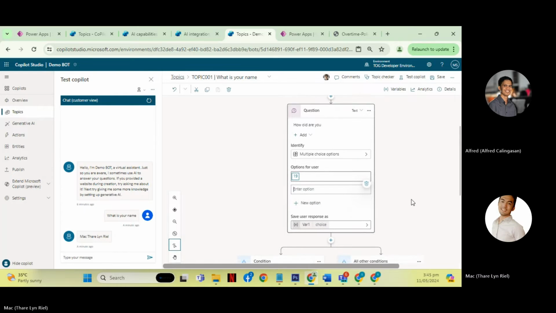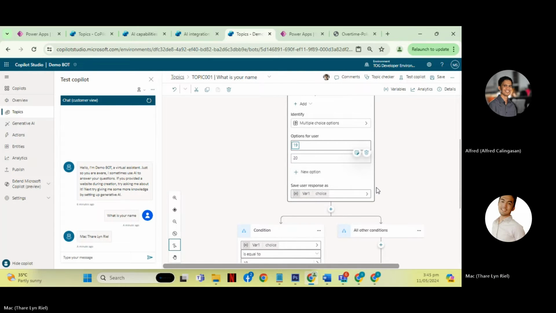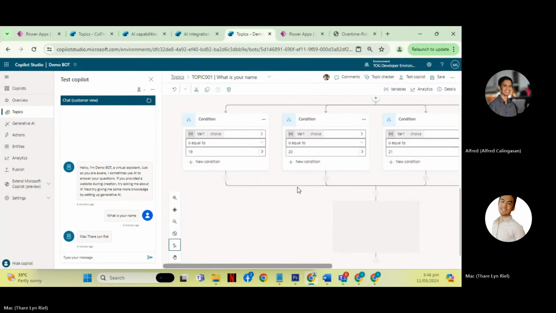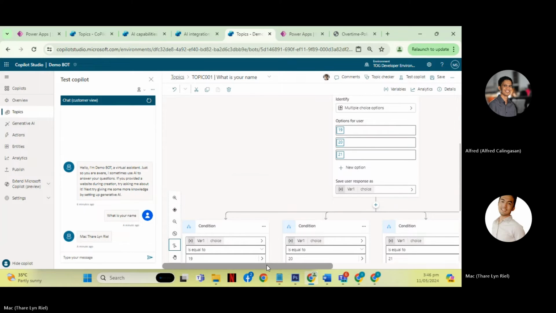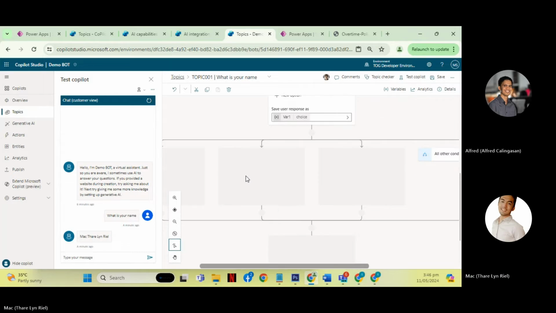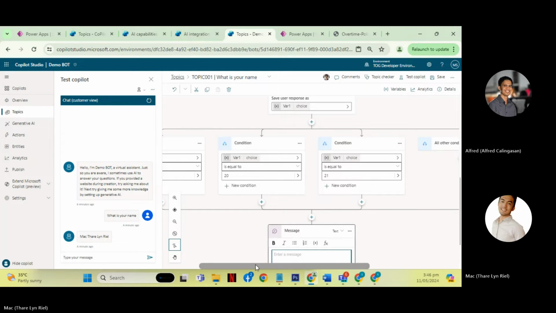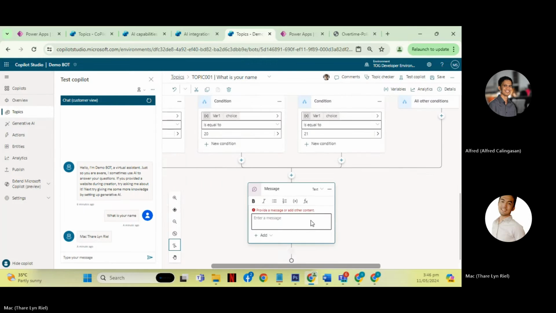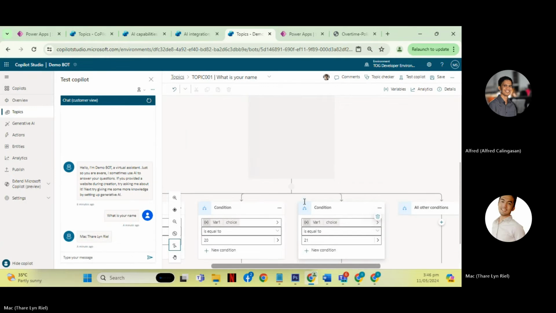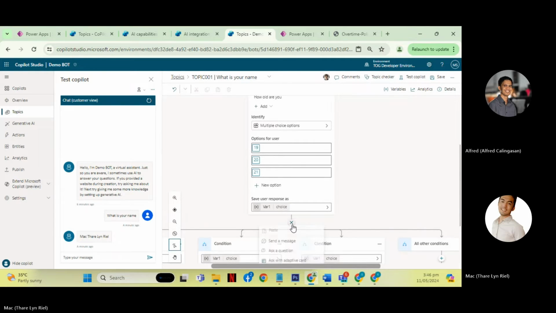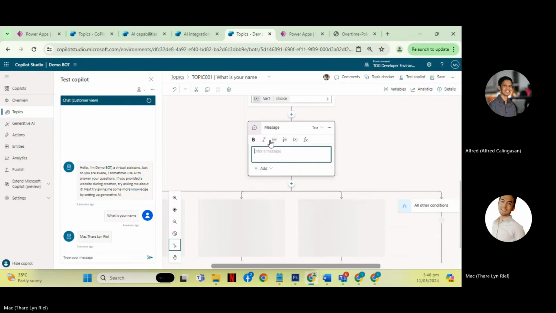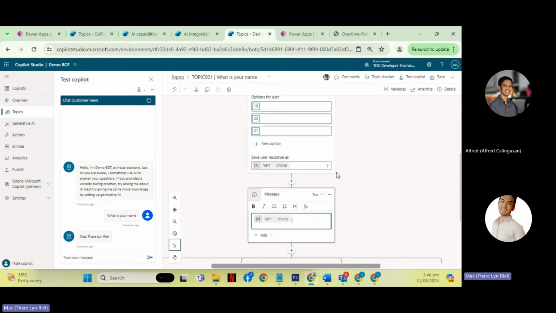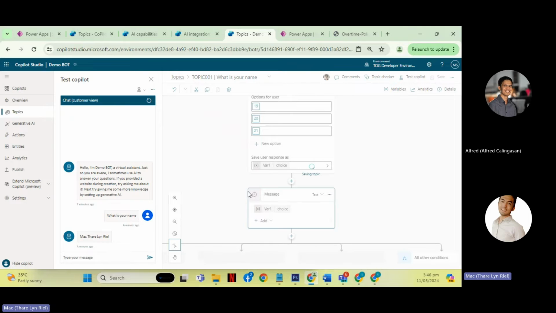Maybe 20 and 21. We can send a message here, I believe. And then let's put the word choice and the message. So let's save it.